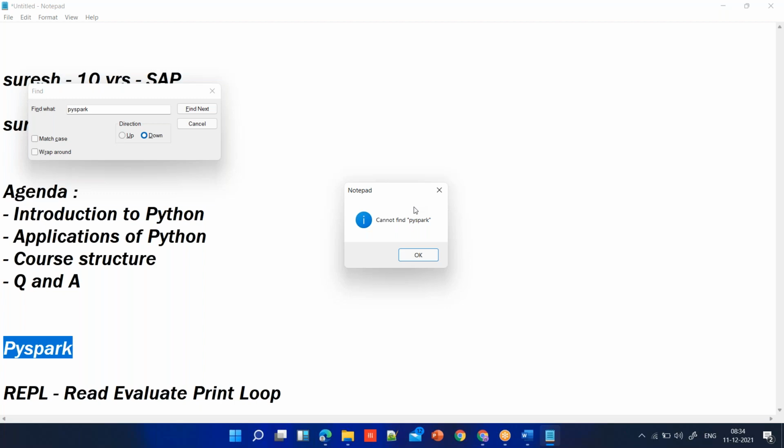Okay, similarly, you want to do a find and replace, or you want to edit it, or you want to save it, or you want to change some settings. Whatever functionality you're using, at the end of the day, some code will be executed in the backend. Whatever interaction you are making today with your computer is via a program, not a programming language.